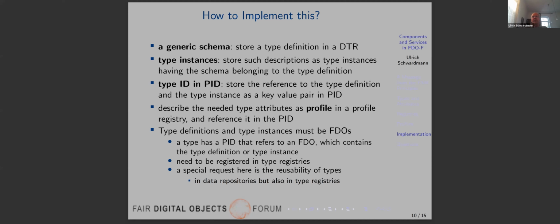So this is a very, very simple and abstract view, but the problem here is that it's mixed in certain ways. So we have real services, but also we have more or less abstract concepts like profiles or types described in the same way and on the same level. And we decided to make another view on that and expand it actually. And this is a more or less completely conceptual view. So there is not directly involved any working component. There are some registries and repositories described, but essentially here you only see